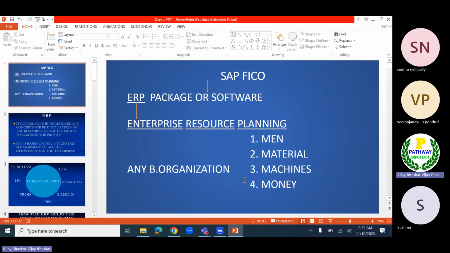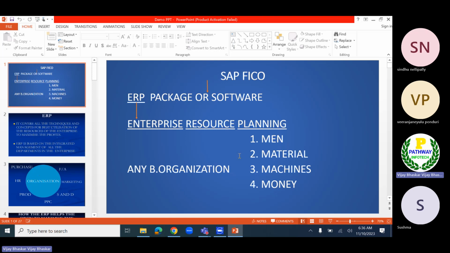In order to run my business organization, I may require different kinds of resources: men, material, machine, money. These are the resources required. Without these resources, we cannot run the business organization.